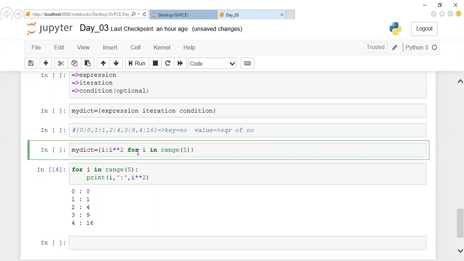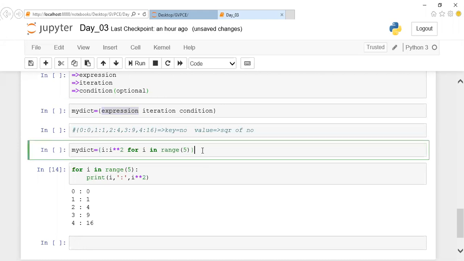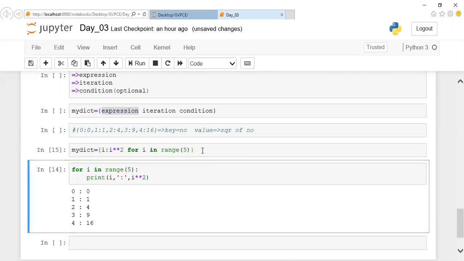Is it clear? I'm just taking a value. This expression will take a value from 1 to 4. And what is the expression I'm trying to do? The expression I should do is I need the first number followed by its power. And after doing this operation, I should make it a dictionary. Now if I execute it, you can notice that a dictionary will be formed with the condition we applied.